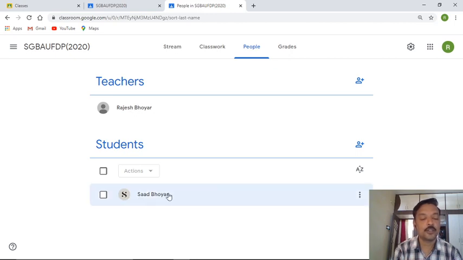Okay, so here is a particular student who is available over here. In this way, any number of students can be added. Again, I would like to say that the simplest way to add a student is to circulate the code you got at the time of creation of a particular class. Once this process has been completed, the next very important task is that